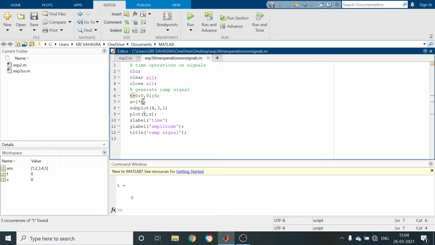So I am going to take a signal R of t equal to t dot star t greater than or equal to 0. So in the previous session we generated the ramp signal like this.